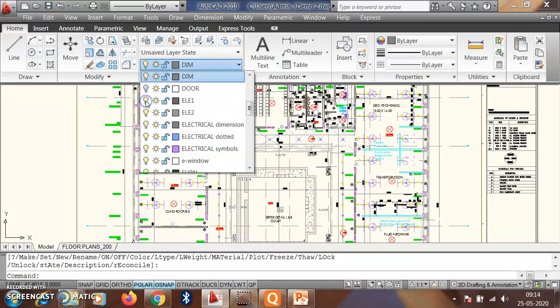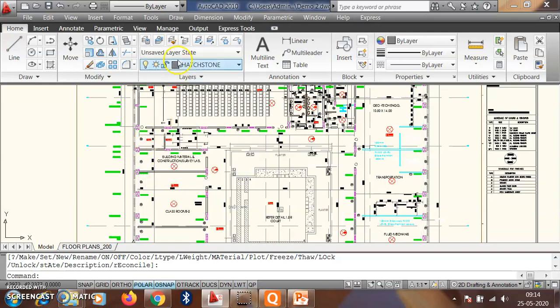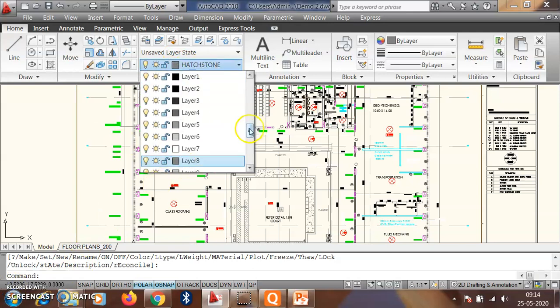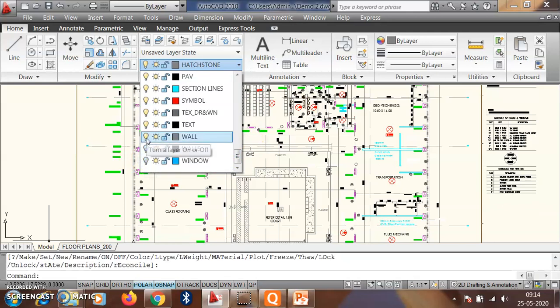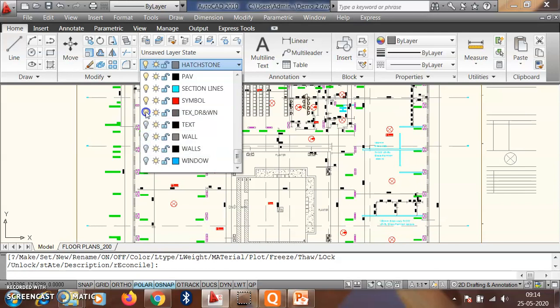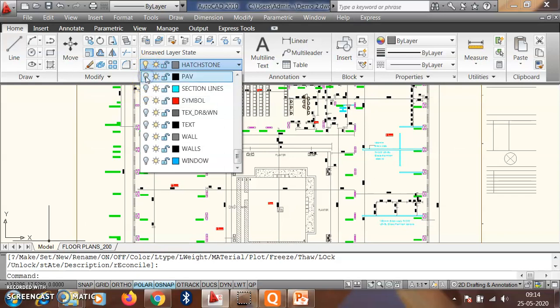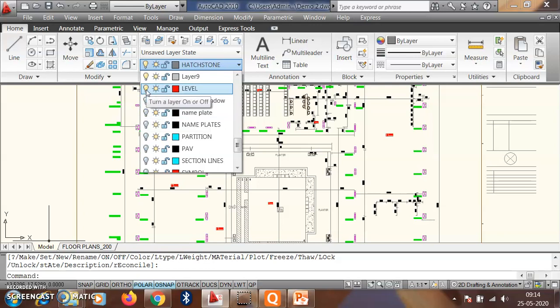We can turn off everything one by one: window off, walls off, text off, text ribbon off, symbol off, selection files off, view off, then partition off, nameplates off, and so on. These are the number of layers they have created here.